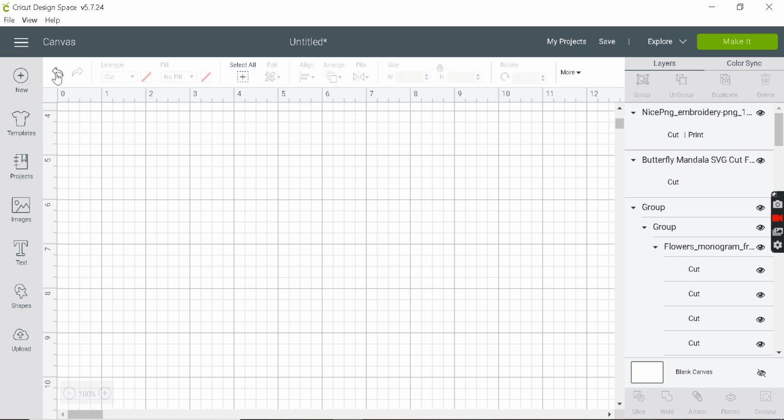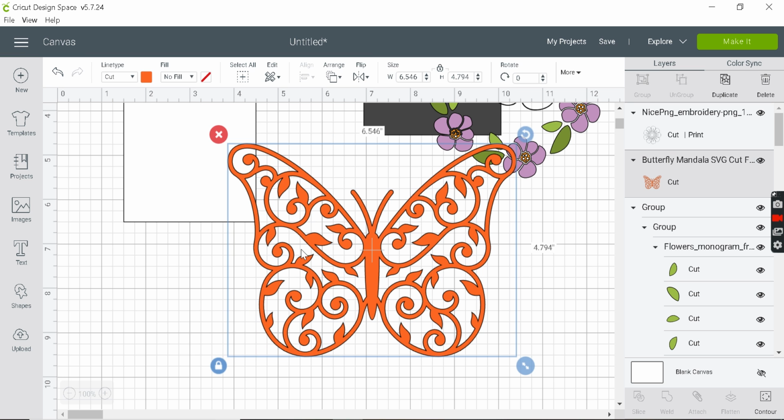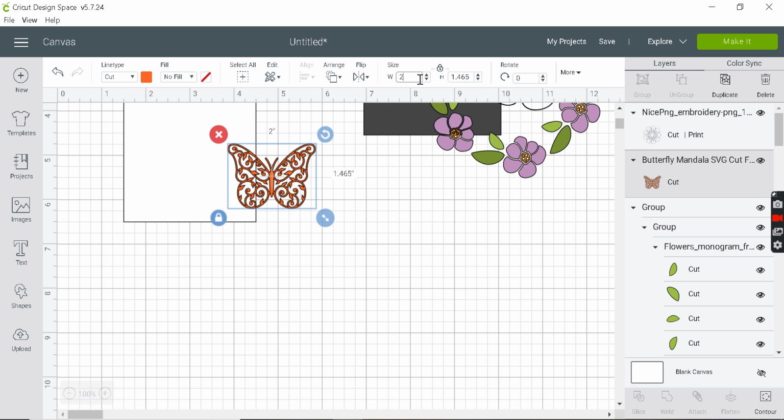You can always undo it. Also remember, you don't want to change the ratio of your butterfly, so you don't have to unlock your image. You can directly type here and say 2. The ratio will be maintained, so you don't have to sit and calculate it again and rechange it. Just keep the image locked and change the size.